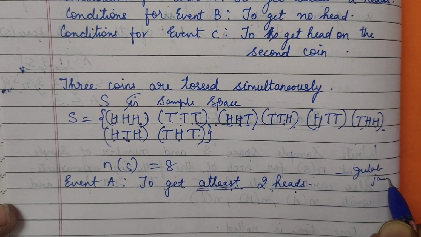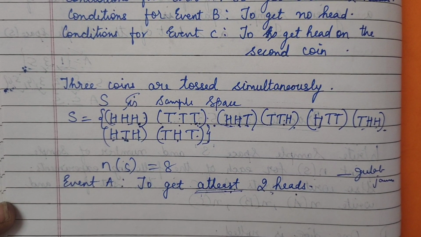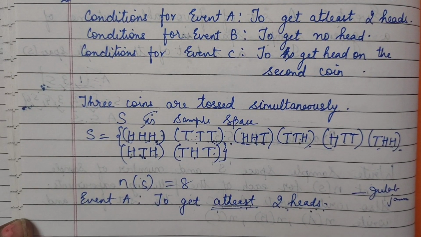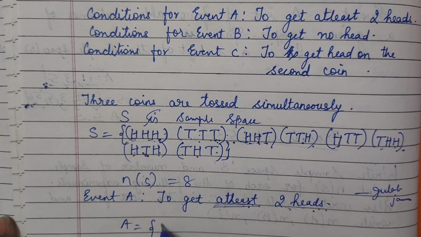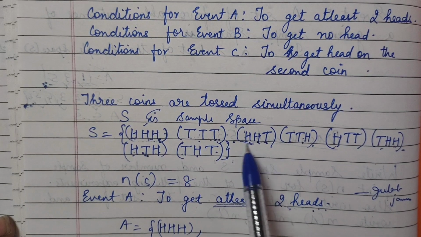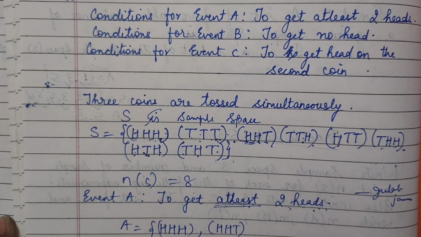So that you will remember. कम से कम 2 गुलाब जामुन, मतलब 2 से ज़्यादा भी अच्छी बात है, happy है. So here 2 heads, where we have more than 2 heads also will do. So here we have 3 heads, so we can write it A, H, that's fine. Where we have more than 2 heads, yes, we have 2 heads here, that also will do. 2 गुलाब जामुन भी चलता है.